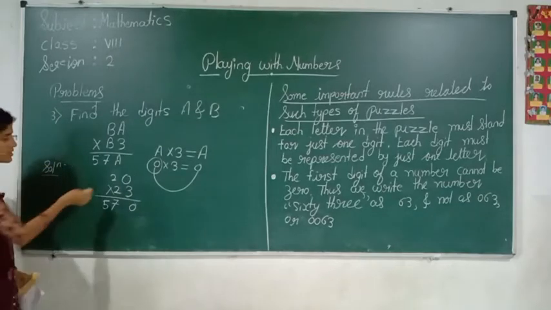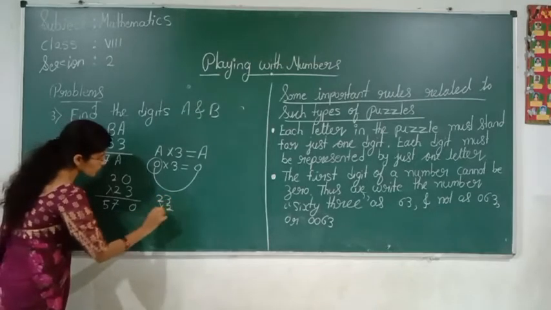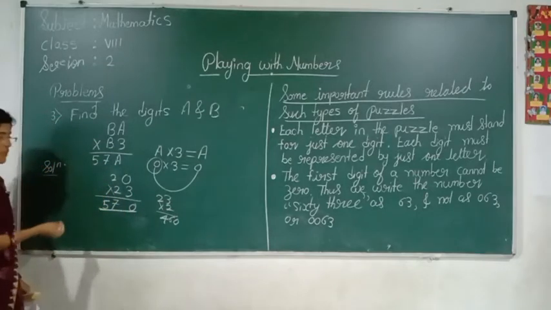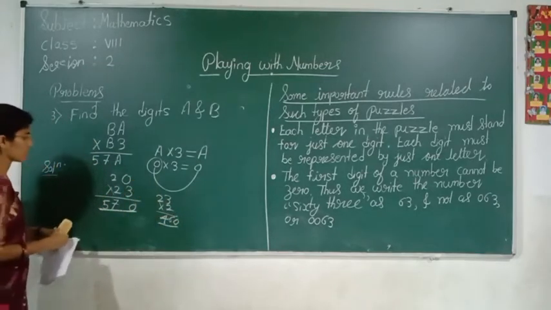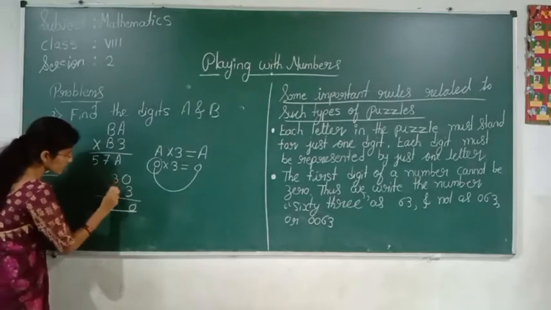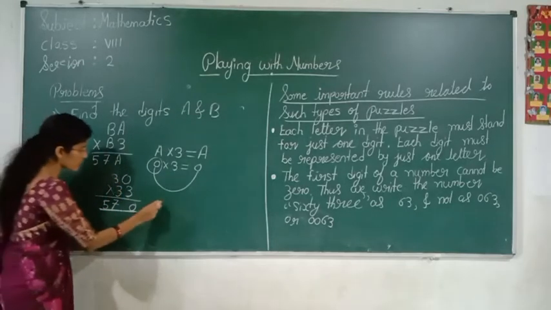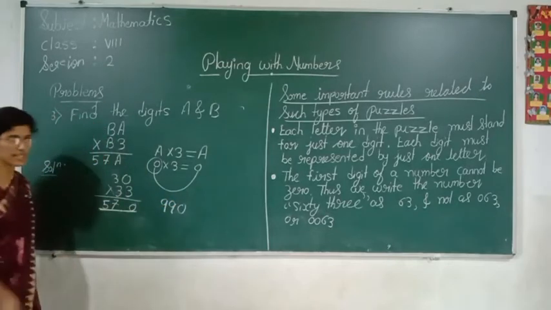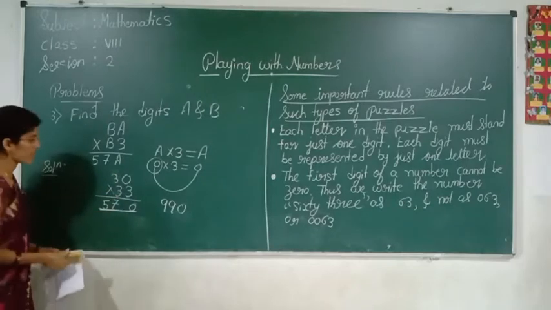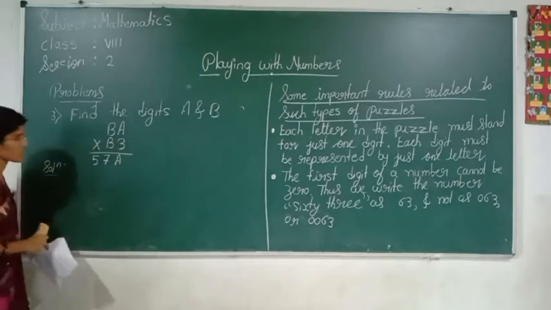Now if I substitute 2 as the B value, it will become, see here, 23 into 20, which is 460, but we want 570 and I am getting 460. 2 is also not correct. Now you go for 3. If I substitute 3 here, it will come 990, but I want 570. If I substitute 4, the answer will go on increasing. That's why it is better to change this value here.